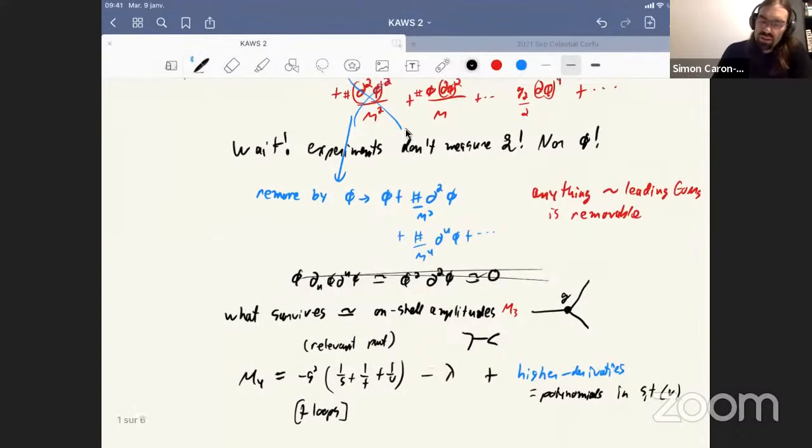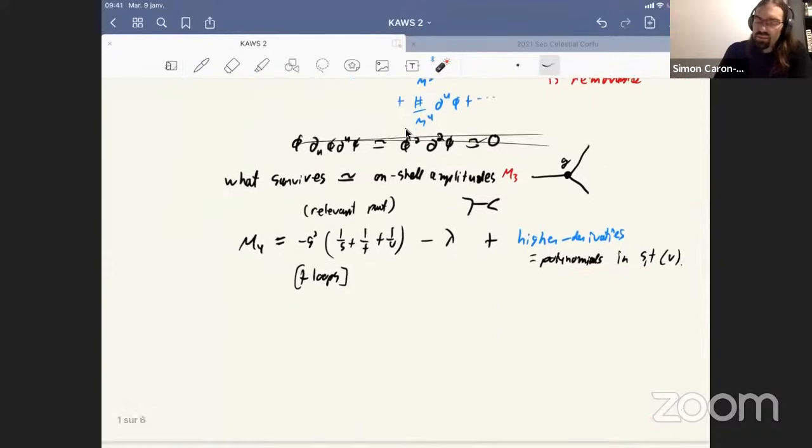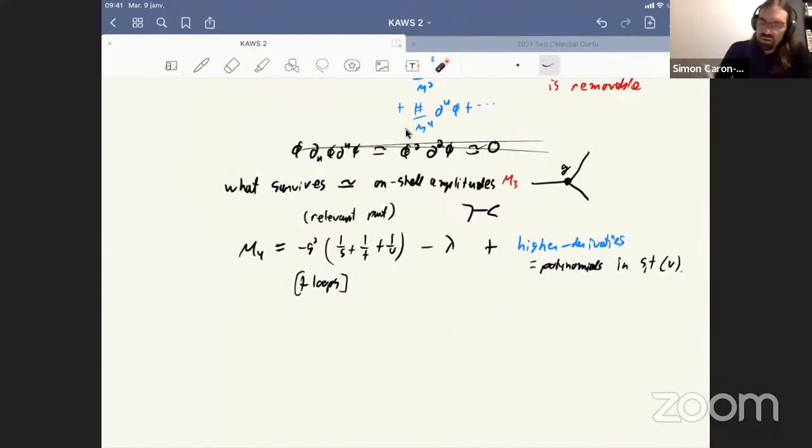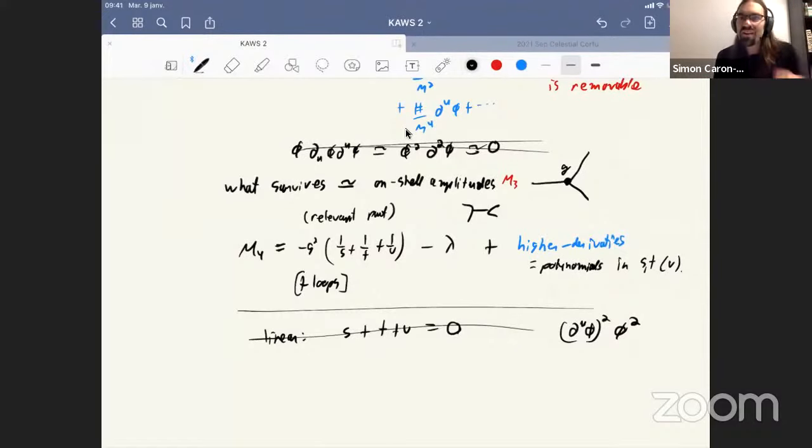So instead of listing Lagrangians or derivatives, it's much easier to list polynomials in s and t. And actually, you want symmetrical polynomials in s, t, u. So it's easy to list them. At linear order, the only thing that's symmetrical is s plus t plus u, and that's 0. So there's nothing at linear order. You could have entertained things like this, but things like this in your Lagrangian you can integrate by parts, write in terms of the equation of motion, and remove by field redefinition. There's no observable effect of this thing.